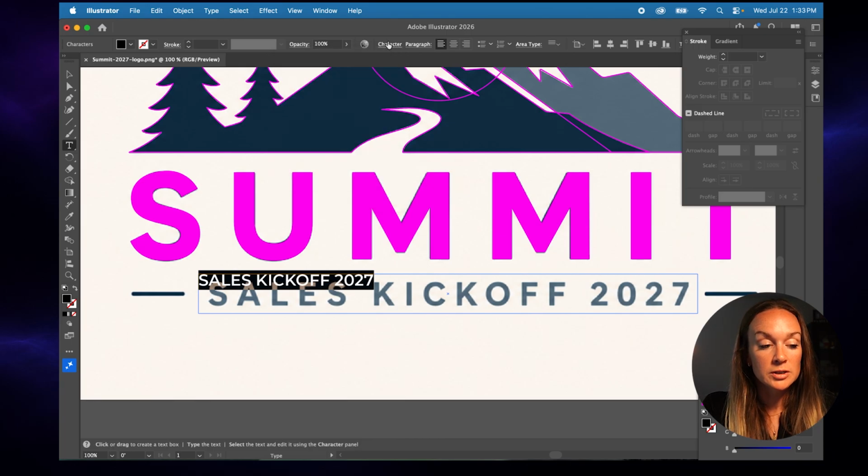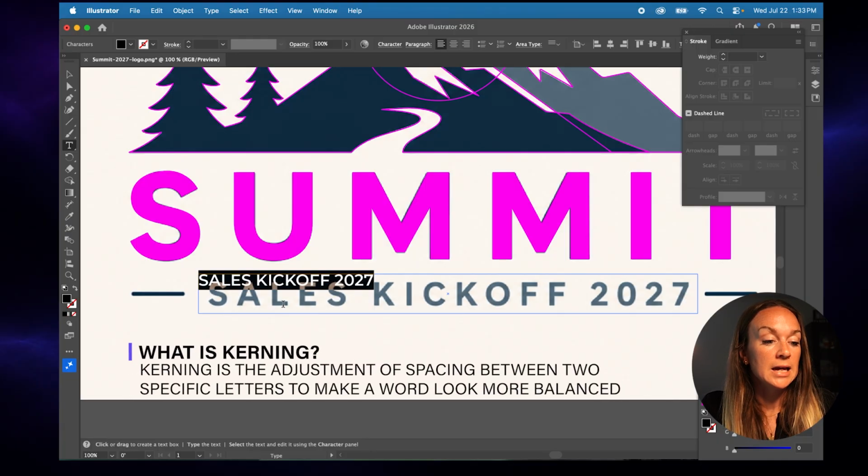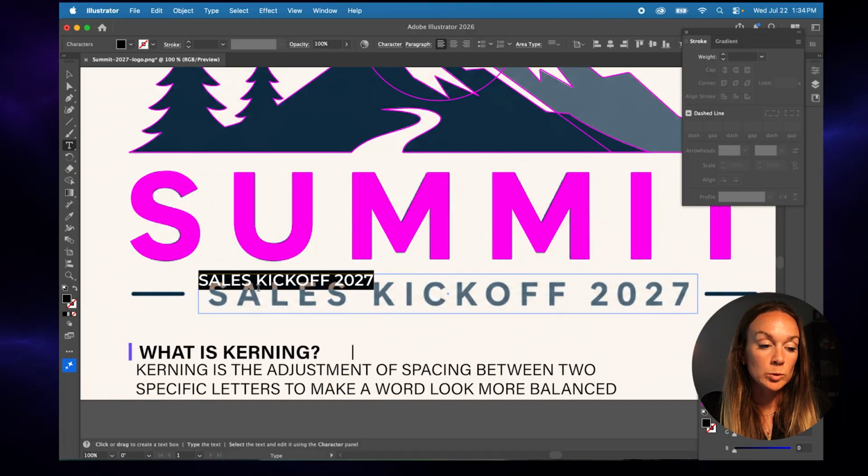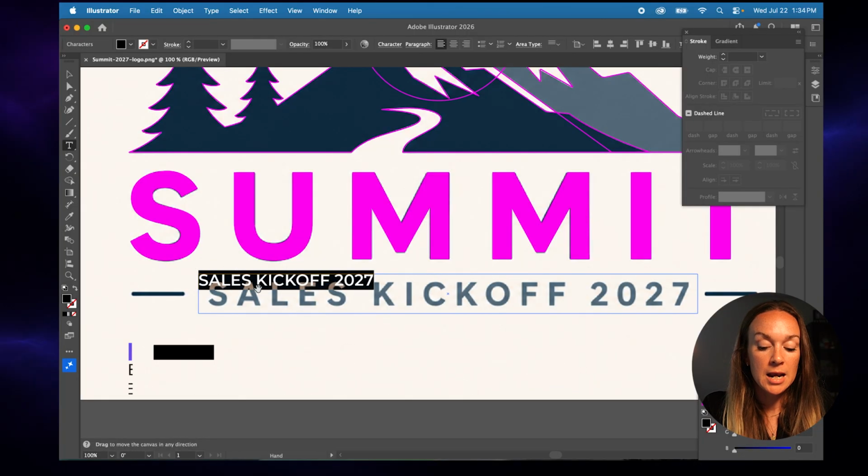And then it also looks like there's a bit of space in between each letter, also known as kerning. So we're going to increase the kerning and just make sure that we align a little bit closer. Select all of my text, and then I'm going to hold down Option and hit the right directional arrow, and it's going to increase that space in between my characters